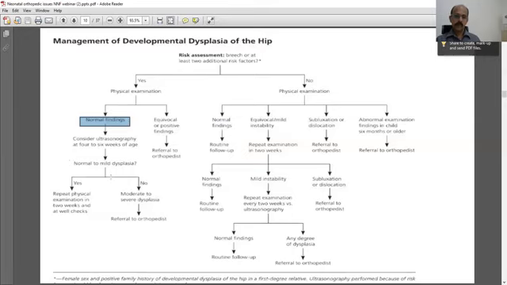And if there are any dysplastic signs, again they will be screened. They'll be sent to the orthopedician. And if it is not, then routine screening at regular intervals has to continue for them. Clinical screening at regular intervals has to continue. So the risk factor itself is an important thing, so that we continue to monitor them for well beyond the